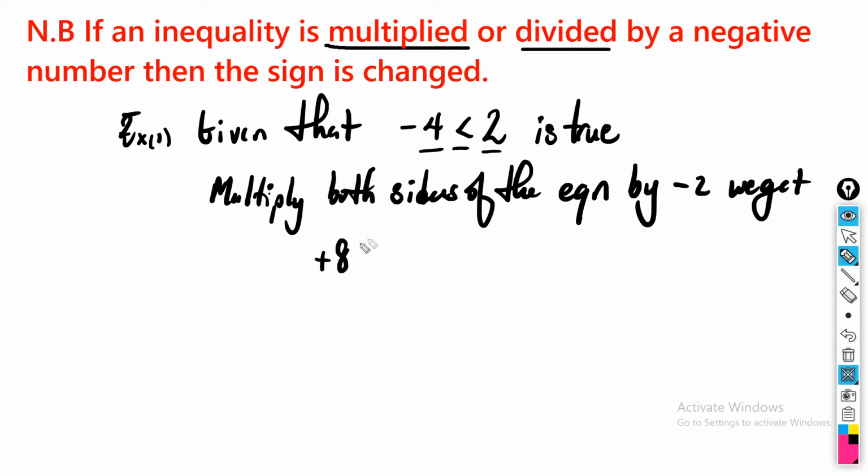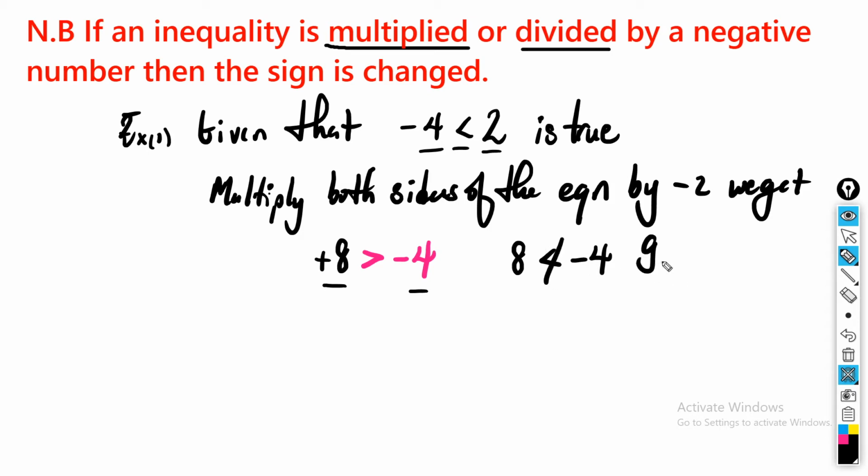So let me just put a pink there, and I'm just going to switch the other way around. The beak is going to change, and then we're going to end up with -2 times this 4 would give us -4, right? And that makes perfect sense because +8 is actually greater than -4. So this makes sense. If we had actually put 8 is less than -4 without changing the sign, this would